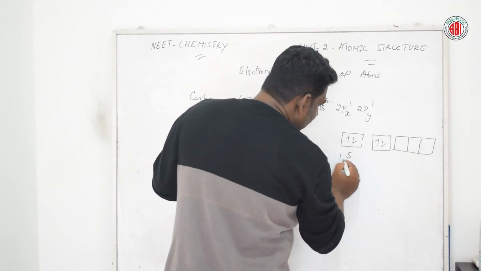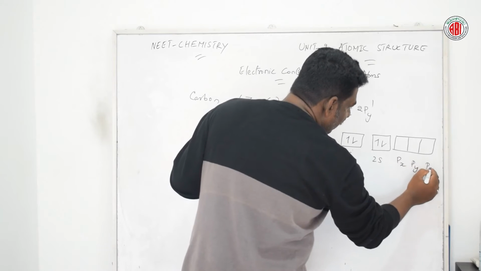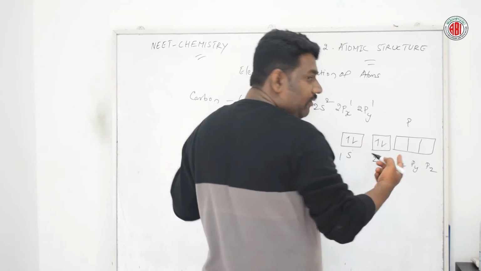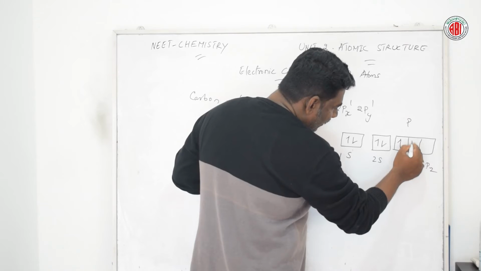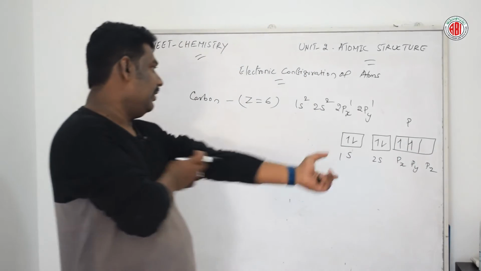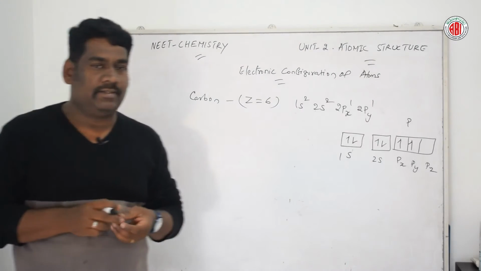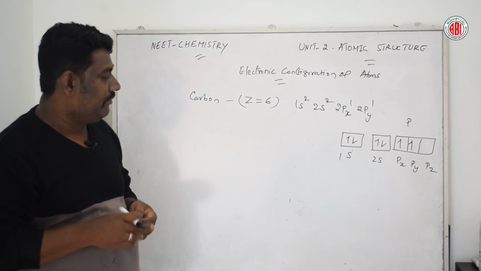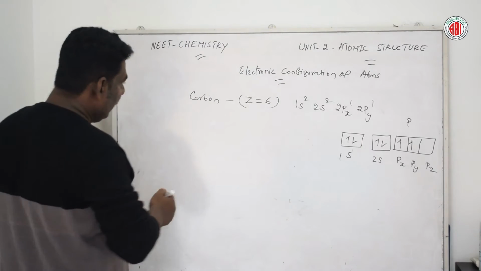So this is the 1s orbital and this is the 2s orbital, and this is p of x, p of y and p of z. The p orbital is totally filled, and the leftover electrons are 2. So one could be written in p of x, the other in p of y, and there are no more electrons to be filled further. In that way we can write the electronic configuration of carbon. This is the way we can write the filling of the electrons in the lowest energy level. Next, talking about nitrogen.